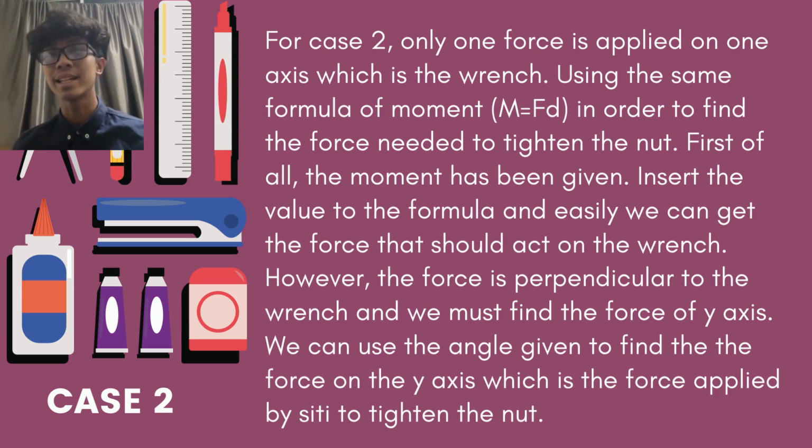Let's move to the second case. Here we can see only one force is applied on one axis, which is the wrench. Using the same formula of moment M equal to Fd to find the force needed to tighten the nut, first of all, the moment has been given. Insert the value into the formula and easily we can get the force that should act on the wrench. However, it's not as easy as we thought. The force is perpendicular to the wrench and we must find the force on the y-axis, which is the hand. We can use the angle given to find the force on the y-axis, which is the force applied by the hand